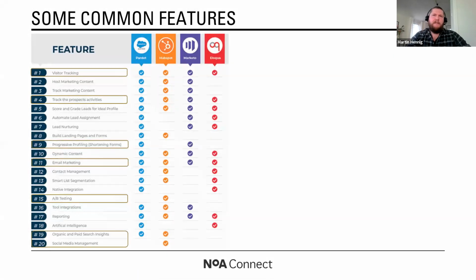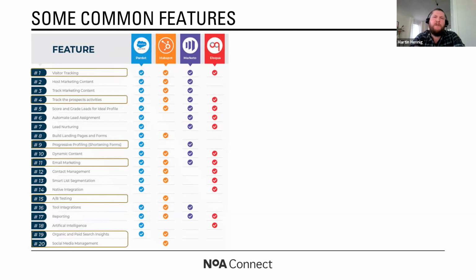All right, then here we're going to take a quick look at some of the more common features, some of those logos you probably recognize from that first slide. I don't think we have time to go through all of these, so I just highlighted a few. If any of you have any questions on those, maybe put that in the Q&A at the end. But some things I want to highlight are visitor and prospect activities we can track using marketing automation. And typically how that works is with every marketing automation tool, you get a little script that you add to your website and right into the HTML code.